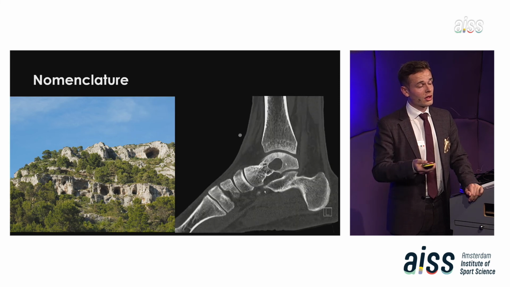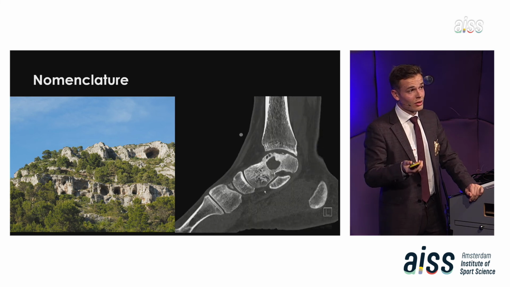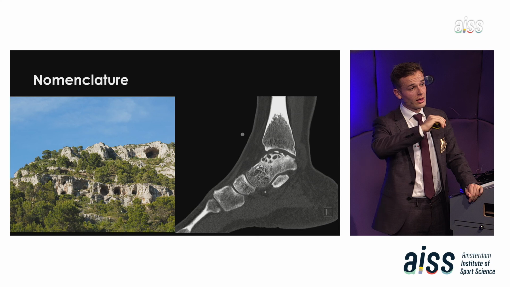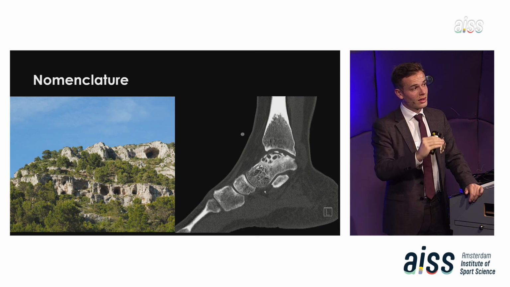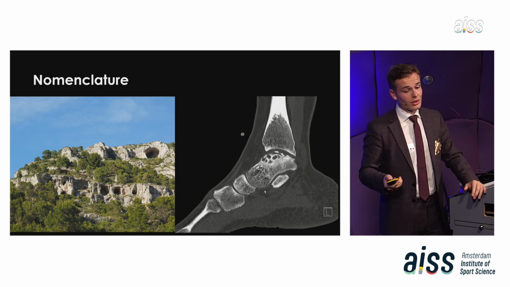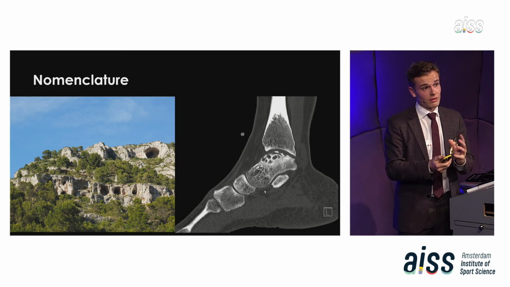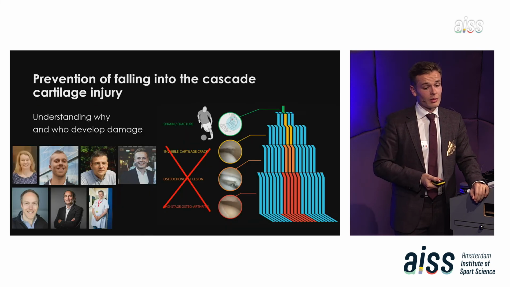And because there were some rock formations specifically underneath the ocean, for example, which is the same thing in the ankle, that the synovial fluid is right there and the bone is underneath, we thought that there might be some similarities between them. So we are now working together with them to make a specific nomenclature for specific types of lesions that we see. So we're trying to give it a good name.